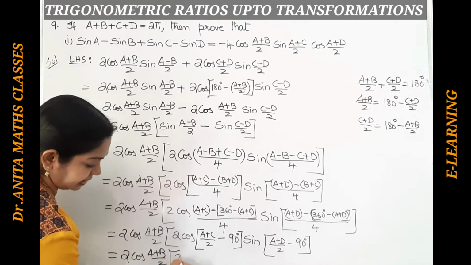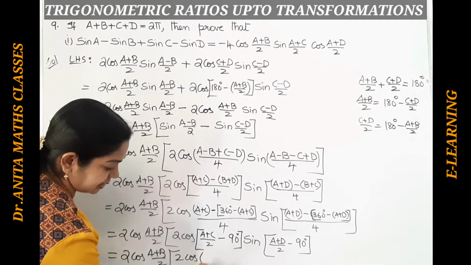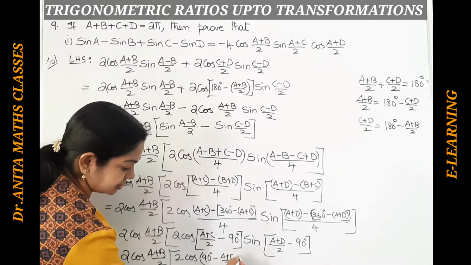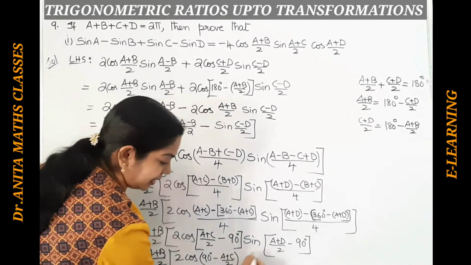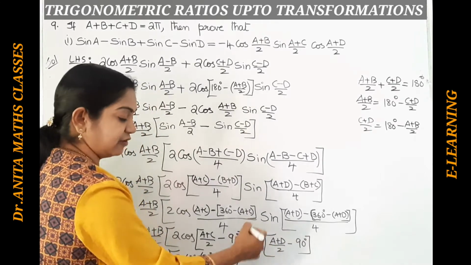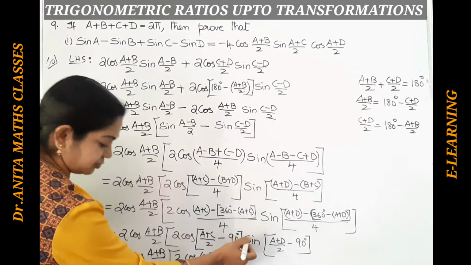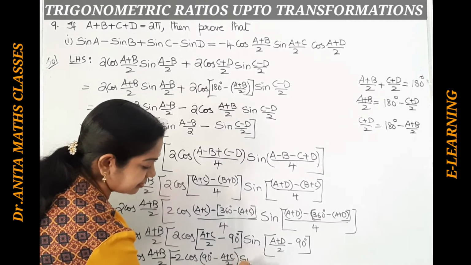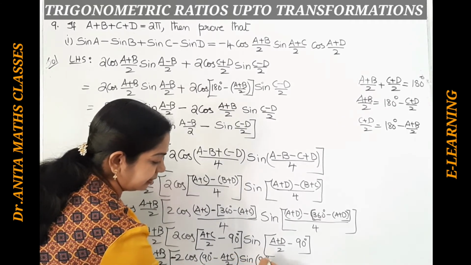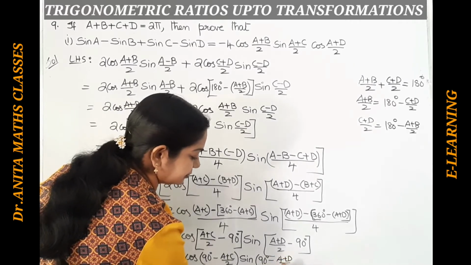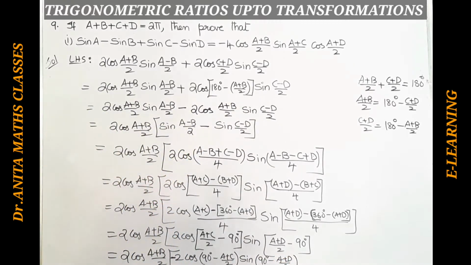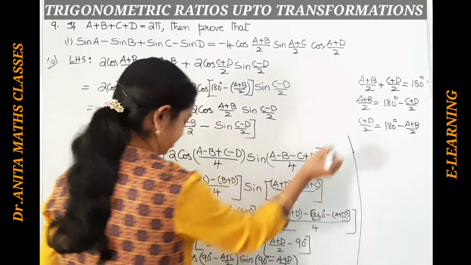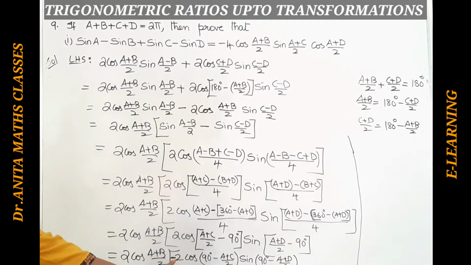So that way we can directly reverse this. This becomes cos of 90 minus (a plus c)/2. But here if you are reversing, minus comes out, since sine of minus theta is minus sine theta. So let us take minus out. This becomes sine of 90 minus (a plus d)/2. Right. Now here I'll write it above, sideways.